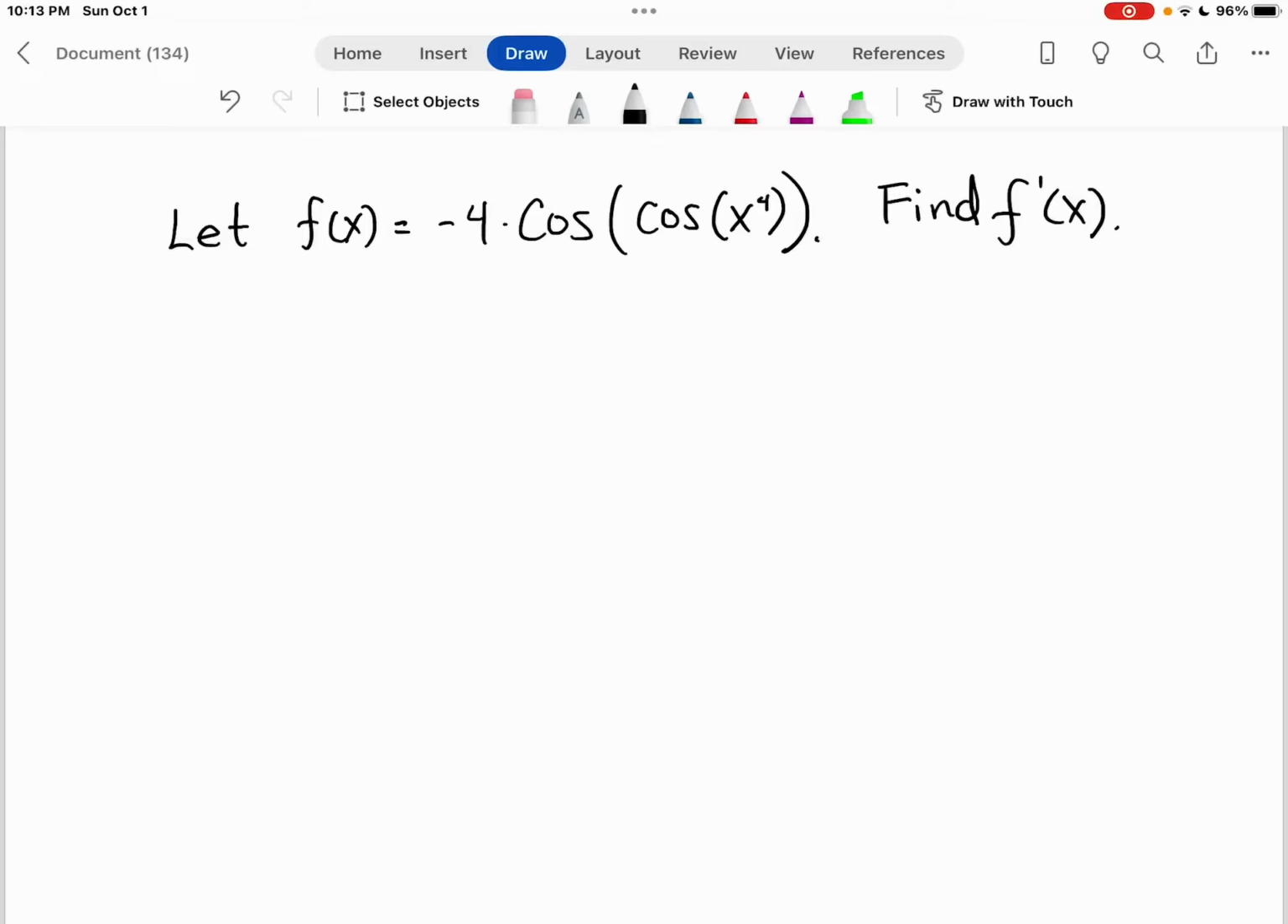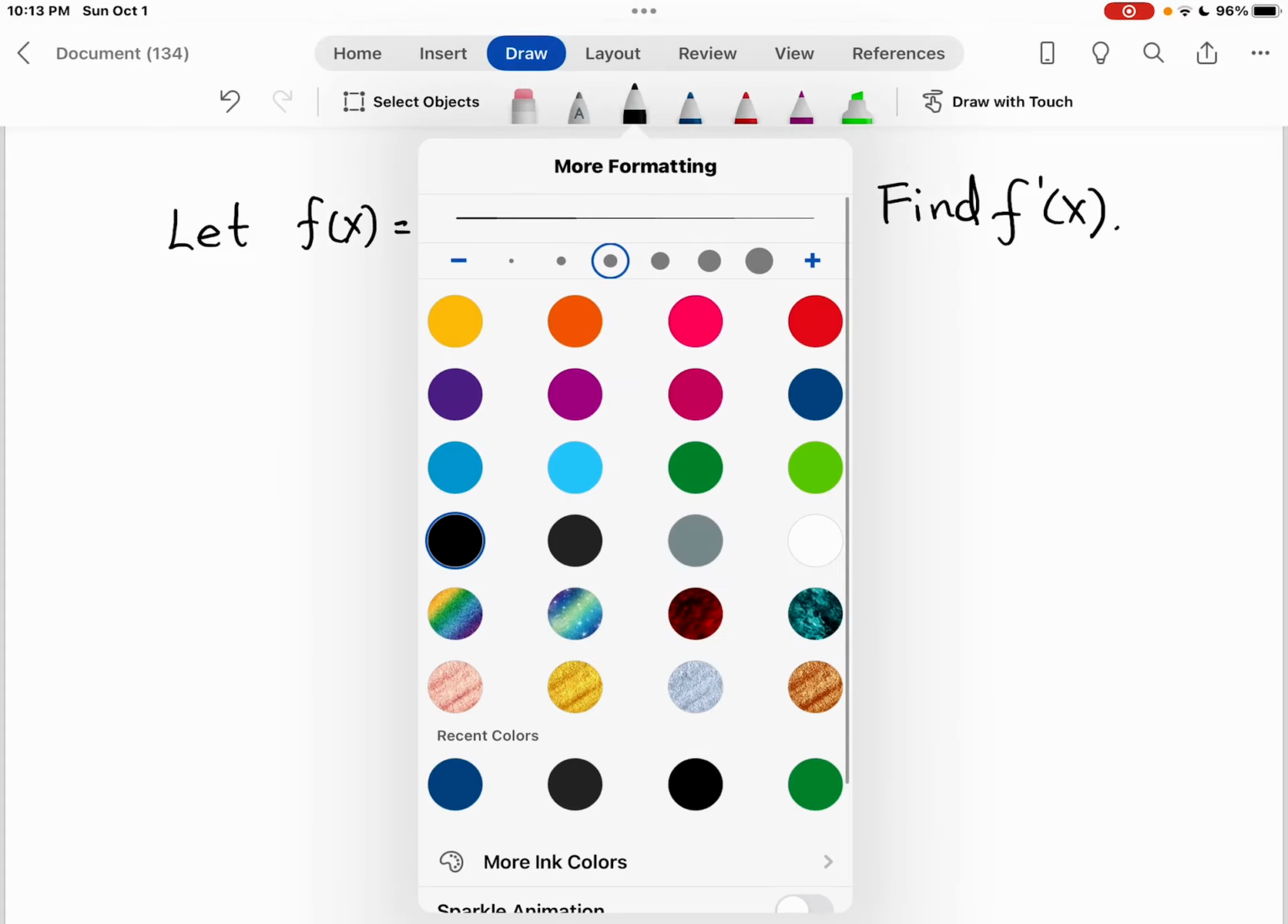In this example, we have f of x is -4 cosine of cosine x to the fourth. And we need to find the derivative. We have some nested functions here. So